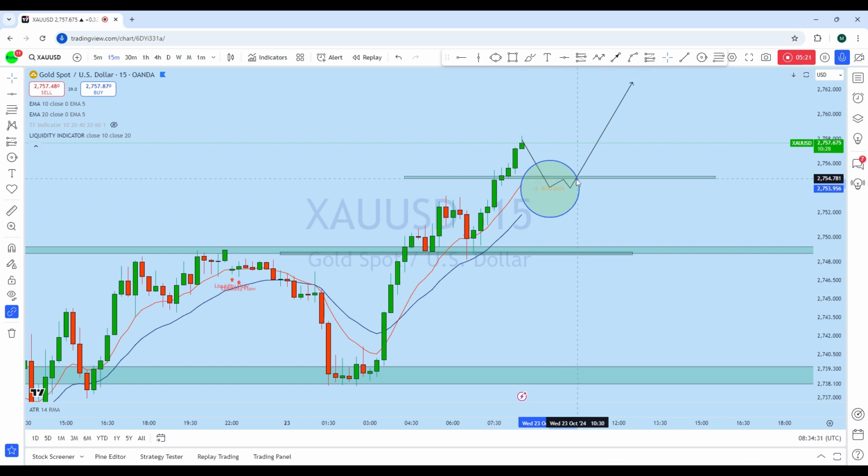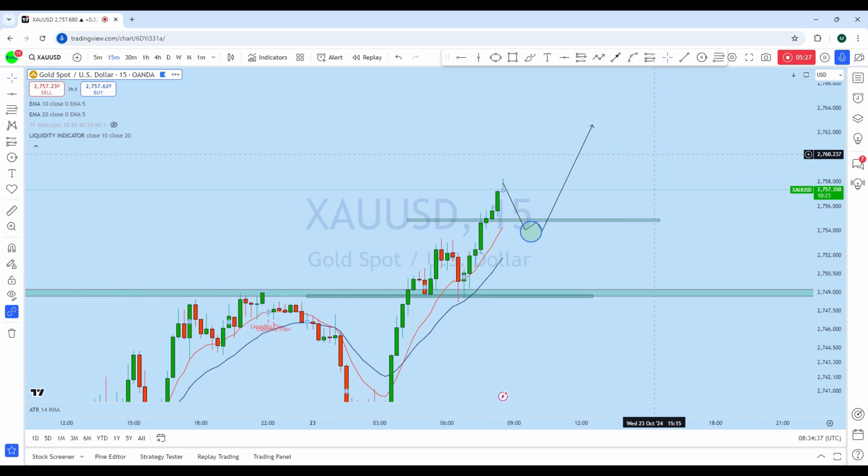As soon as we find a suitable entry, we will be looking at going long with a high probability trade